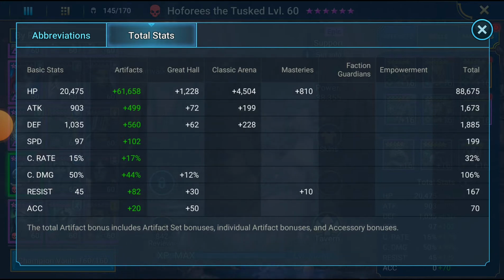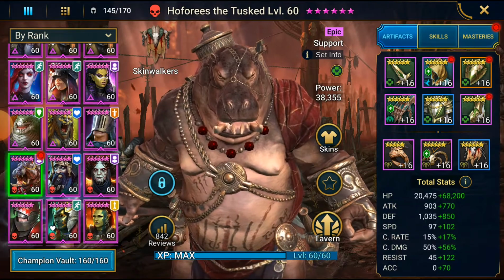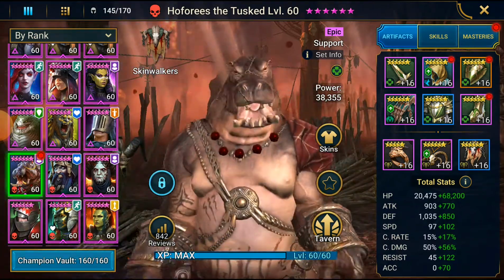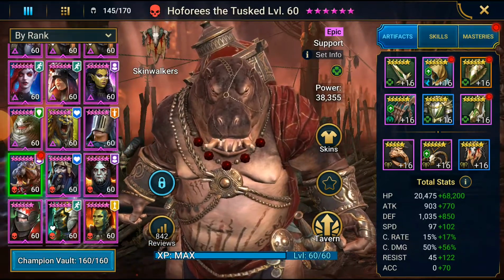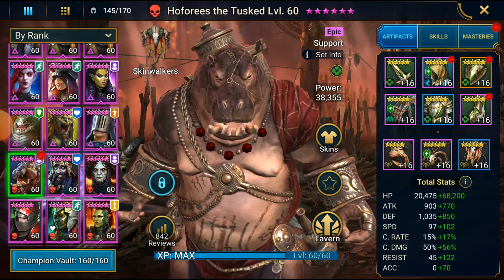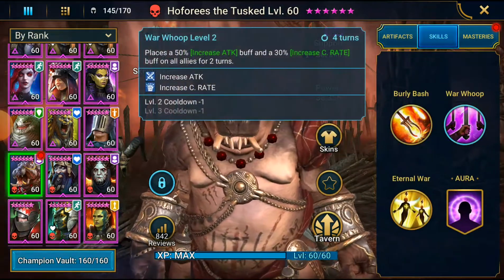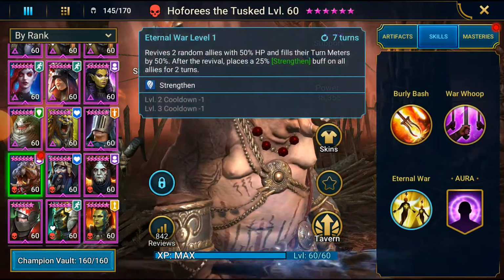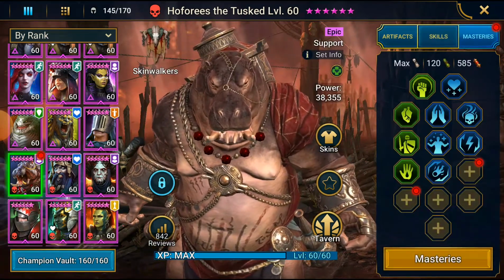So what we have is 199 speed, 88,000 HP, 1800 defense. A pretty cool build, and I've put him in for masteries to kind of see how much he heals and how cool he is, and he does look fantastic. Now, the reason we changed this build was for Faction Wars, so I do believe he is not fully booked yet, and the Eternal War is quite annoying, but because of that, I've been farming some masteries, and I did get